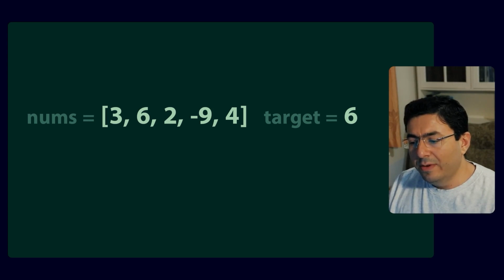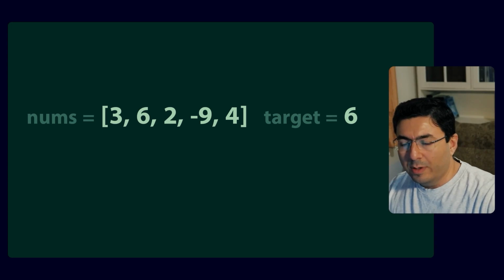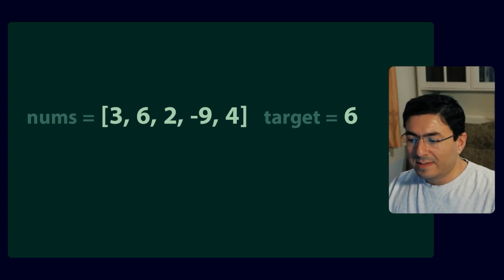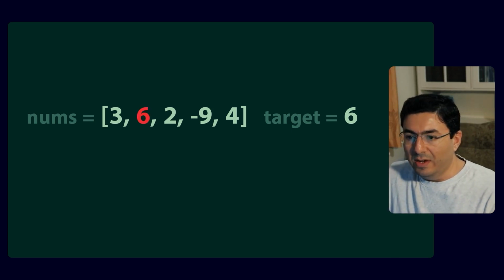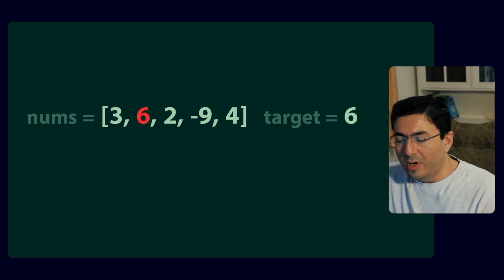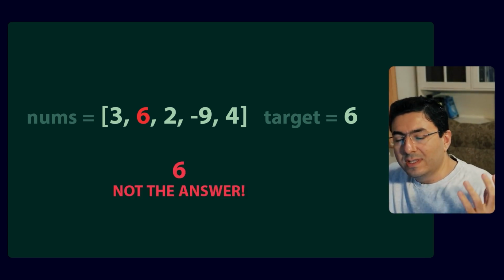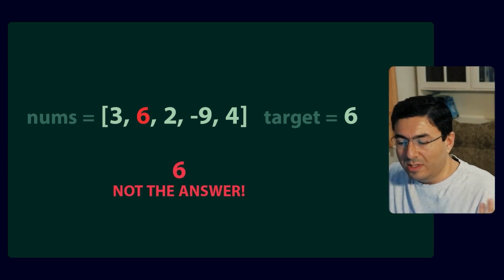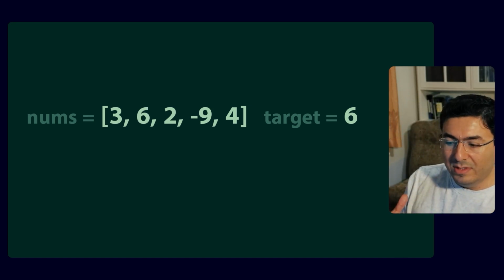Consider the following array of numbers: 3, 6, 2, -9, and 4, and a target value of 6. At first glance, it may seem that the number 6 in the array is the solution to the problem. However, we are not looking for just any number that equals the target value. Instead, we are looking for a pair of numbers in the array that add up to the target value of